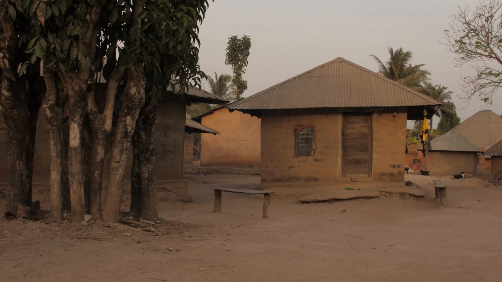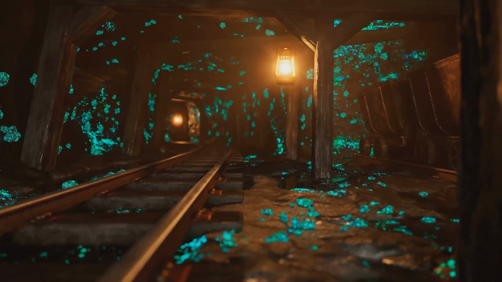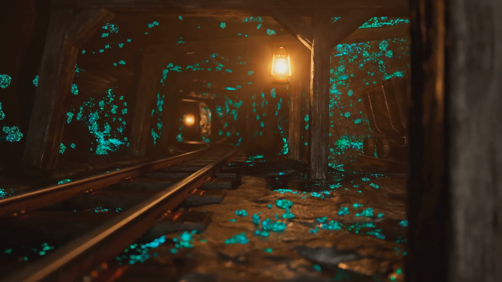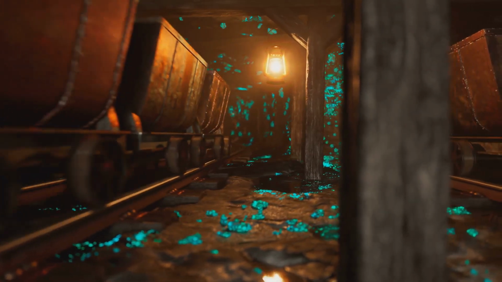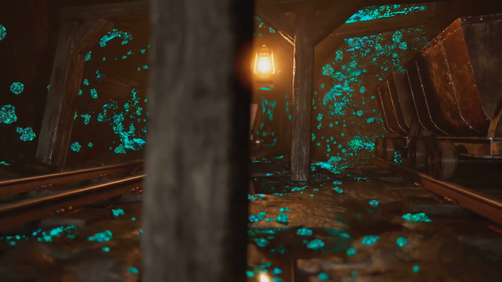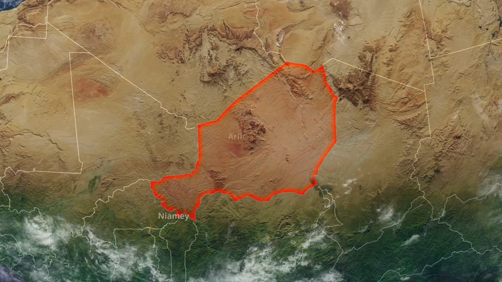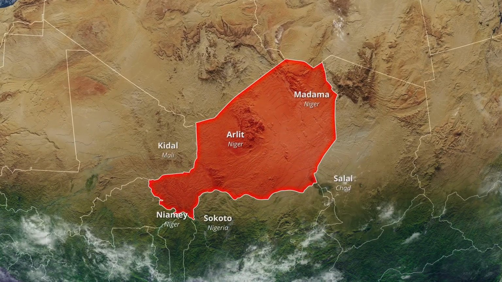However, these profits have often come at the expense of local populations, who have seen little benefit from the extraction of their country's resources. One of the most egregious examples of this exploitation is the case of Areva, a French multinational specializing in nuclear energy. Areva has been accused of extracting uranium from Niger for decades, while leaving behind a legacy of environmental degradation and